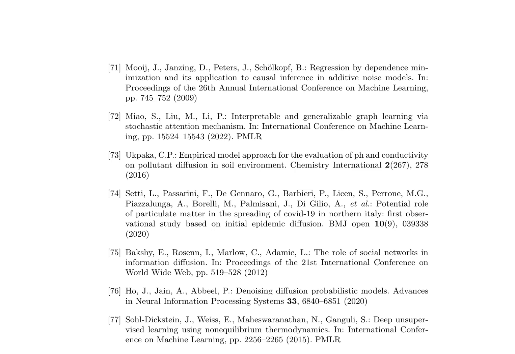In the realm of graph learning, Miao et al. 2022 introduced a stochastic attention mechanism that enhances the performance of graph neural networks by incorporating learned attention weights. These weights can be used to interpret the importance of different nodes in the graph, rendering the model more interpretable and generalizable. This advancement has significant implications for understanding complex networks in environmental science, such as pollutant transport and ecosystem